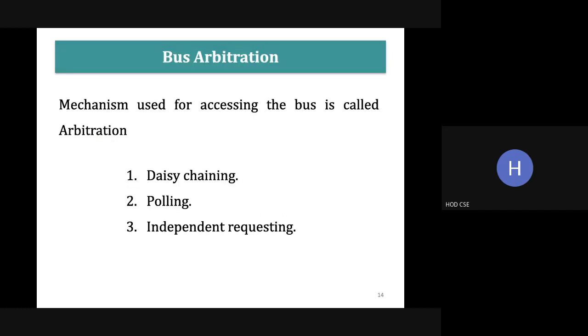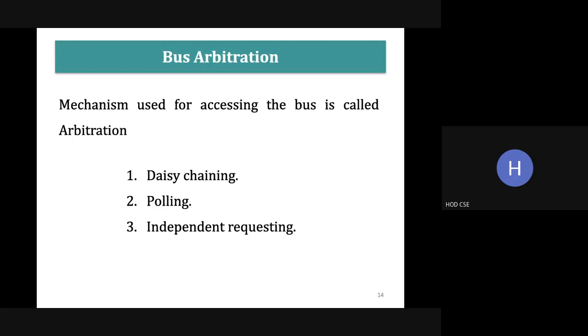So a very important technique here is that the bus is connected with many units. Okay, that is memory, IO devices, and the processor. So the bus has to carry the data between all of these. Hope you remember the diagram. We have the CPU, memory, and IO. The system bus will carry the information to the CPU, memory, and the IO devices. So for accessing the bus for data transfer in an effective way, we are following a technique that is called arbitration. So the mechanism used for accessing the bus is called arbitration.